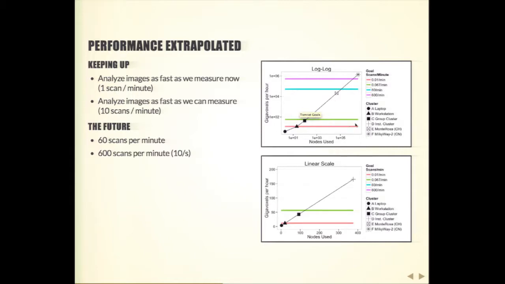You see these curves, and these red lines represent our different goal metrics. You can see that with our current computing systems, we can handle up to 0.067 scans a minute, which is much better than we've had before, but obviously nowhere close to the future of a full 8 gigabytes a second coming in. And we see that even the Milky Way 2 cluster in China isn't quite capable of handling that. And that's assuming we can linearly extrapolate our current performance, which is rather unlikely. But at least we have a potential solution to this problem, whereas before we had no idea how we would go about doing it.